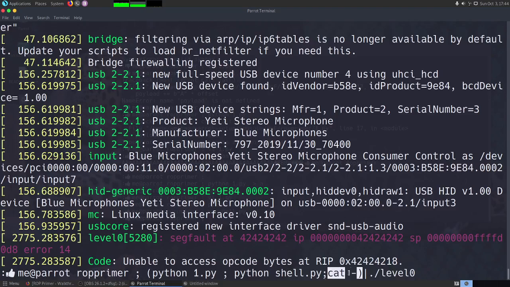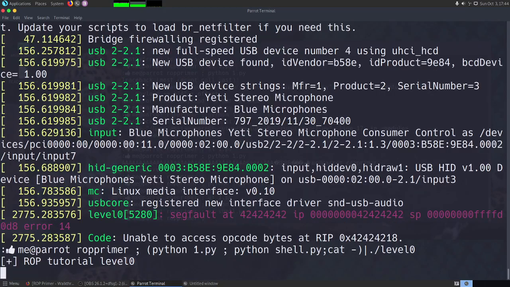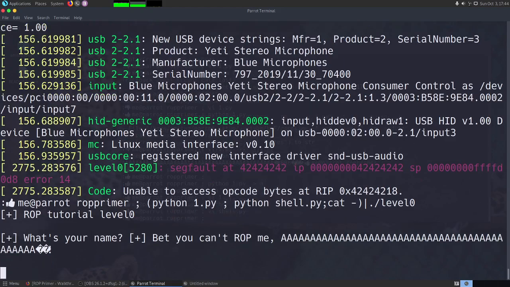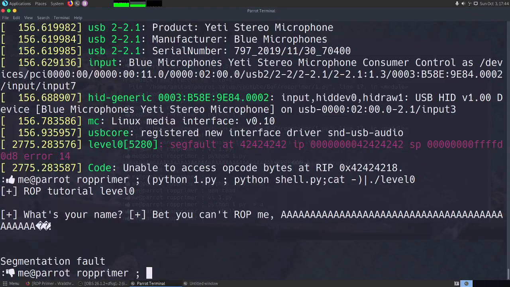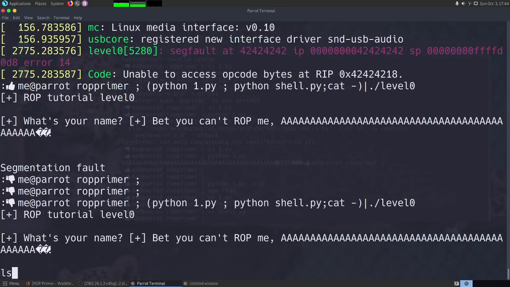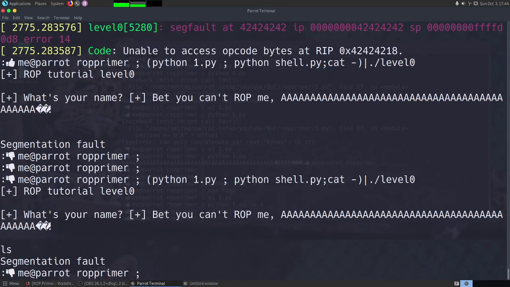So this cat minus is a very simple trick that keeps the stdout of this program open, and hence keeps the stdin of level 0 open. Let's try this. As soon as we give this, it waited for a minute. I had to press enter. Once I press enter, nothing is happening, and it is doing a seg fault.